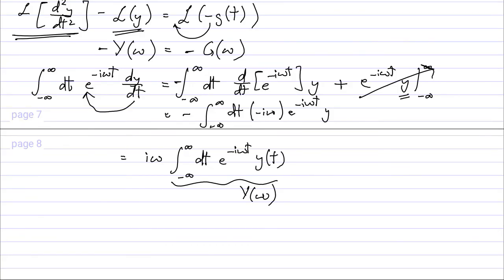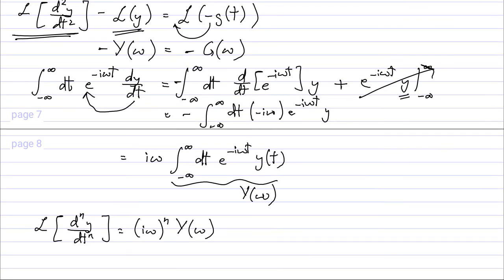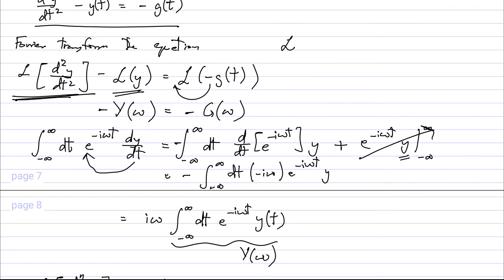You can further generalize this result, and you can very easily show, using exactly the same integration by parts procedure, that the Fourier transform of the nth derivative will simply be (i omega) raised to power n times the Fourier transform of y. Okay, with this in hand, we then have, going back over here, we then know that this thing is going